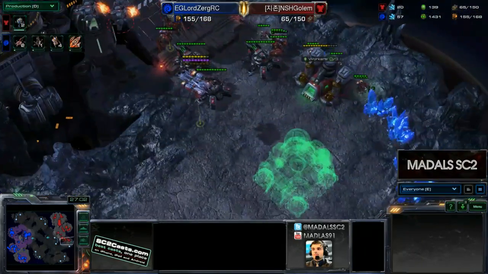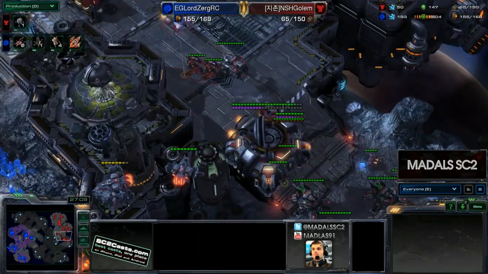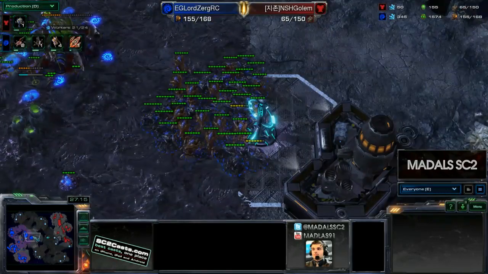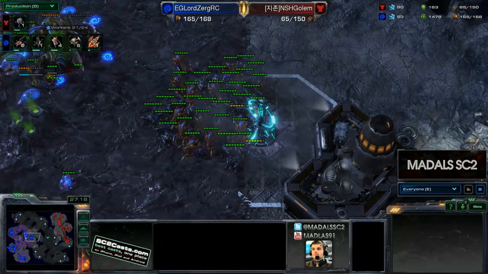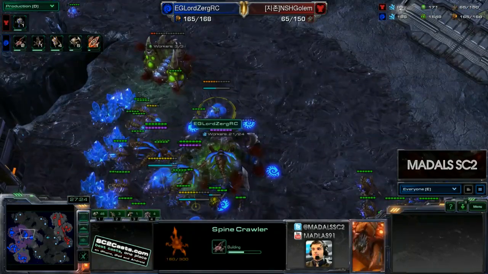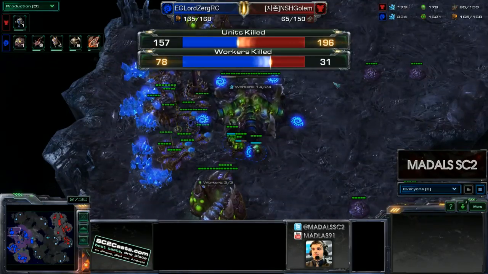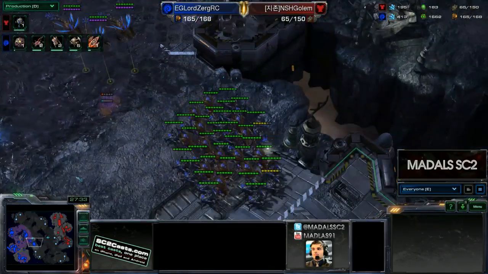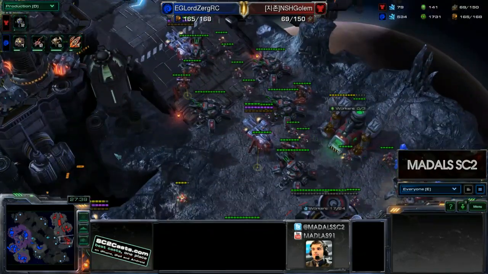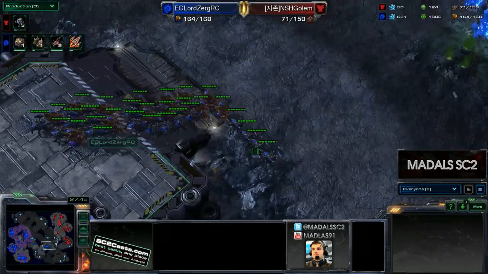And as we can see, he's just re-turtling up, biding his time, trying to get any income he can, because he's got 2 mules as well. That will help him as much as 2 mules ever can in this situation. But well, 100 supply advantage now for LZ. He's getting up more spines and spores to defend his bases from more Hellbat drops, which arguably have done a lot for Golem, killing 31 workers, but 78 SCVs killed this game so far by the Zerg player, and that is just so incredibly strong, and that is why Golem ultimately is likely to lose this game,